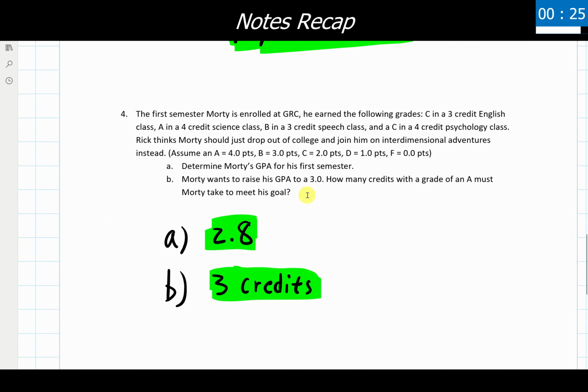And then lastly, make sure that we're double checking for how many credits. Most of these problems, we're rounding up always to the nearest whole credit. If a problem states otherwise, then you can leave it as a decimal, but most of these require us to round up accordingly to get to our correct final answer. But that's everything for the 5.4 and the 5.5 material.